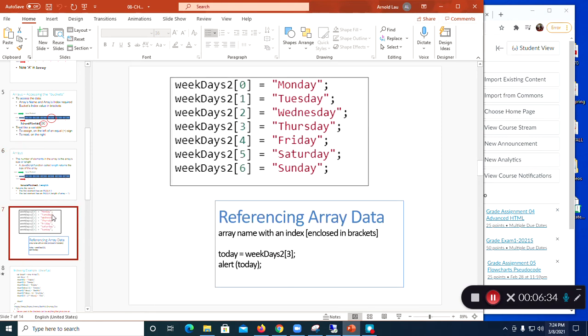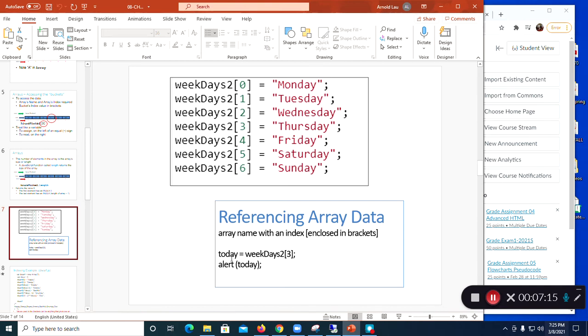The other thing you can look at here is you can just run through this and you can allocate the values to these variables, just like you normally would with any other variable, right? But the only difference is, you see I did 0, 1, 2, 3, 4, 5, 6, right? So that's just going through each of the elements or buckets and assigning a value to the variable. Okay, so this is weekdays, this is an array, 0 through 6, and then Monday through Sunday. Okay,